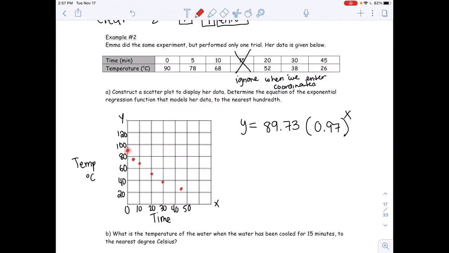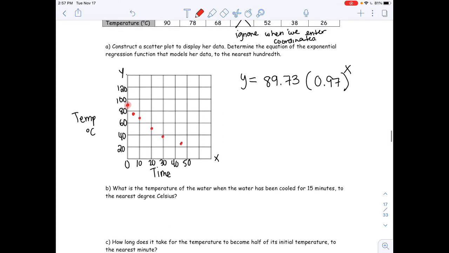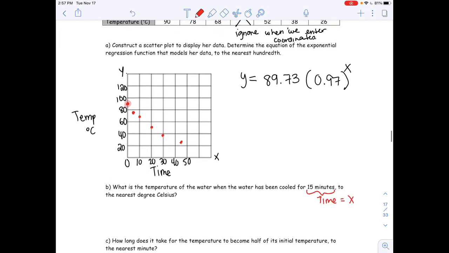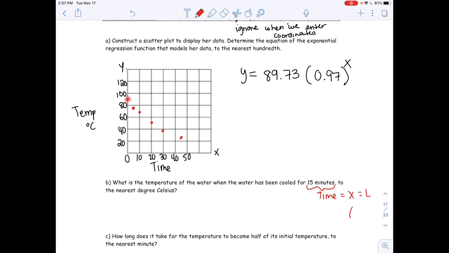Now, as I'm waiting for it to graph, let's read the question and see what they want. What is the temperature of the water when the water has been cooled for 15 minutes to the nearest degree Celsius? So we know that it's cooling for 15 minutes, and this means time. Time is our x coordinate. If we look above, we labeled time as our L1. Okay, so x is always your L1 coordinate. So whatever you put into your L1 has to be your x coordinate. So whenever we're given an x, in this case equals 15,